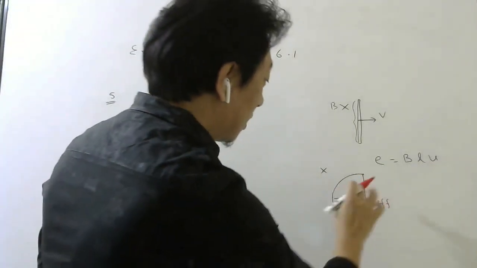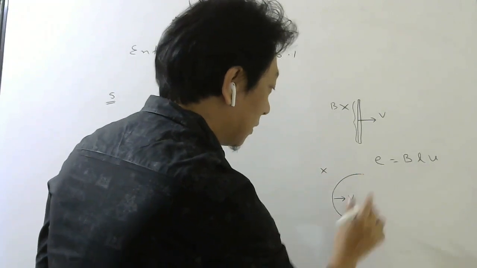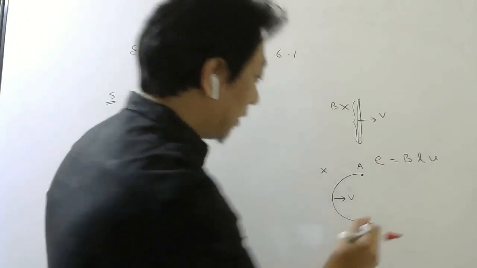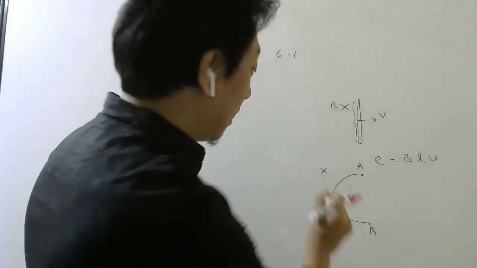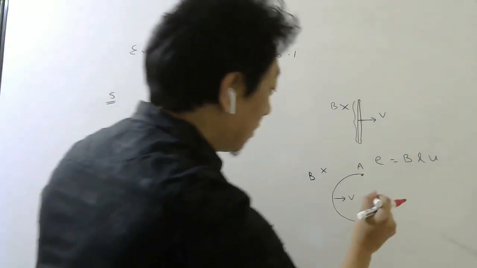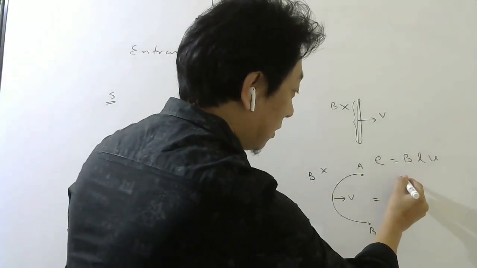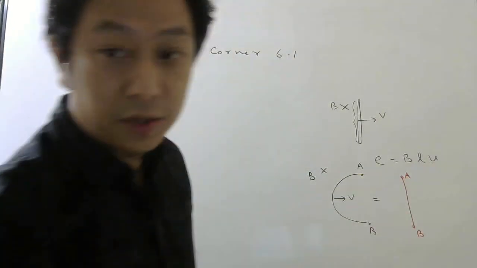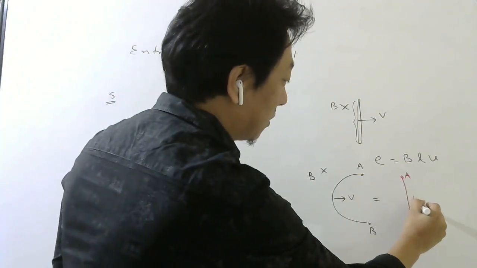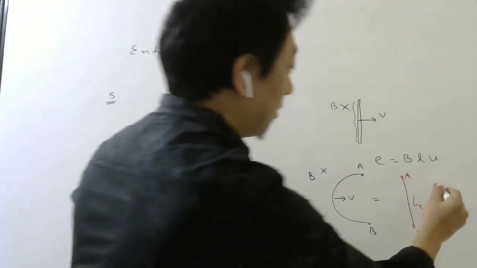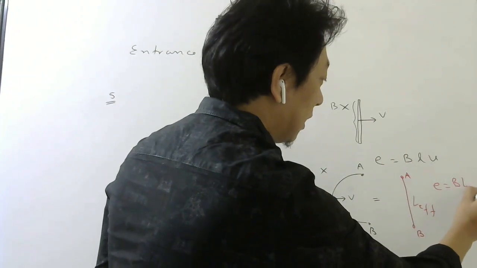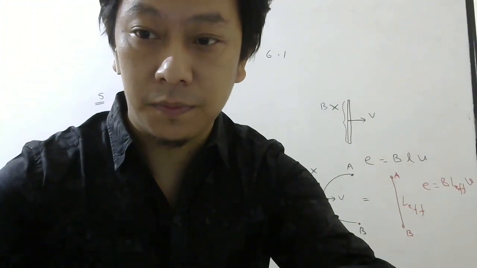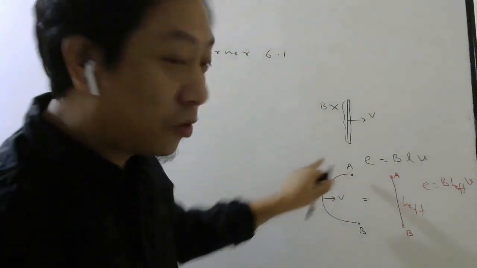Okay, so basically what I'm saying, if this is A, this is B, and if this kind of rod is moving in a magnetic field, then you can replace it by one straight rod from A to B. Okay, so this length should be used, L effective. So your EMF will be B L effective into V. Okay, fine students, so keep that in mind if they give you a curved rod.